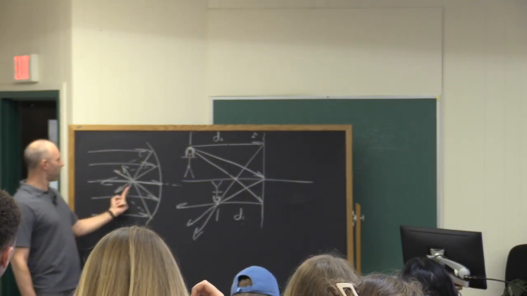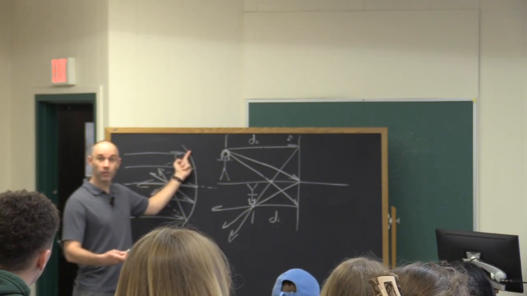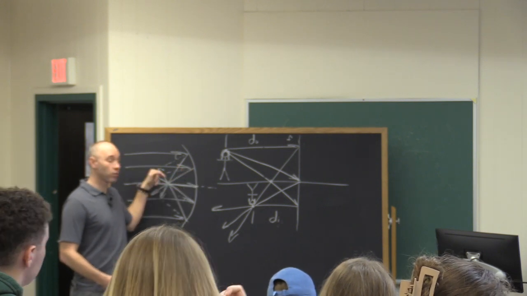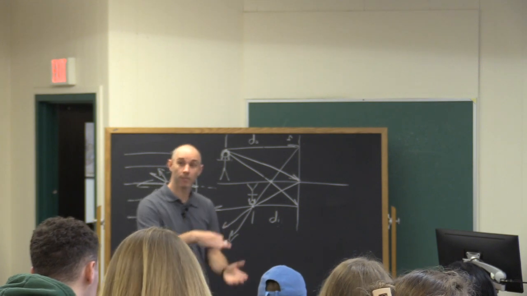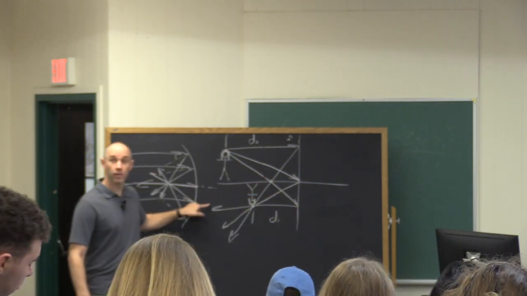And I told you that if I send a light ray through the focal point, it's essentially just going backwards along the same track, right? It's going to leave parallel. And that's true for any of these going from the focal point. That's how flashlights work and your car headlights work. That's why they get a beam coming out. So this one goes through the focal point, and it's going to leave parallel.